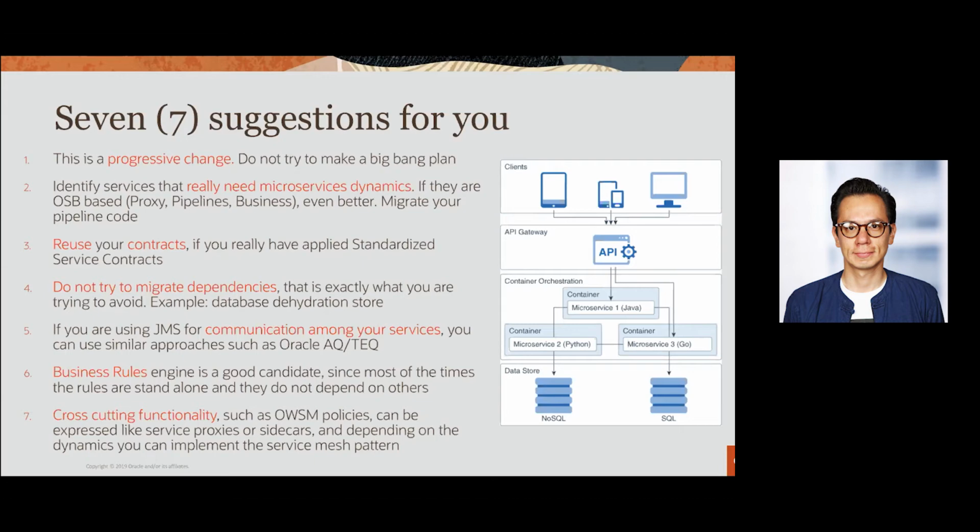Or for example, if you have this set of cross-cutting functionality, such as within Web Services Manager, authentication, authorization, or if you have model or data transformation needs, you can just include them in sidecars for microservices. And if the architecture needs this, probably you will get into a service mesh type of thing. So we can go through this in a different session, where I can talk about these 7 suggestions, or even more suggestions, about how to move from SOA Suite to this microservices architecture, and we can talk for a while about this.